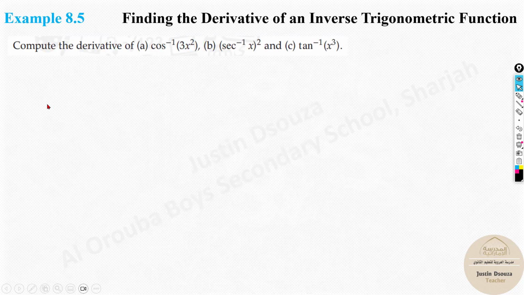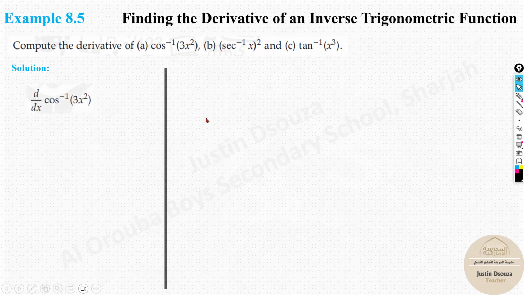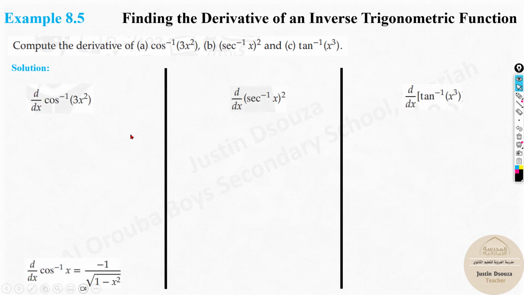Please remember them. And now we will solve problems. Look at them. They have given inverse. All these are inverse. So let's write them problems, and we'll see the difference between all of them. First thing, understand what's the formula for cos inverse. This entire thing is x, right? But the cos inverse is given by negative 1 by root of 1 minus x squared. So all you need to do is do the same. Look here. All you will have to do over here is write the same formula. It will be minus 1 by root of 1 minus, but instead of x we have 3x squared, the whole square